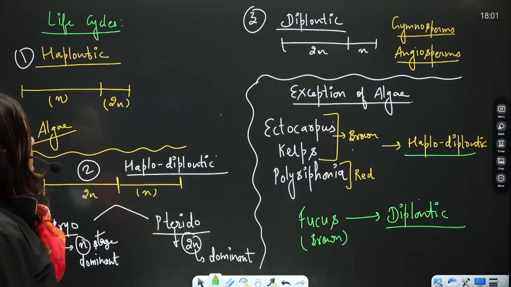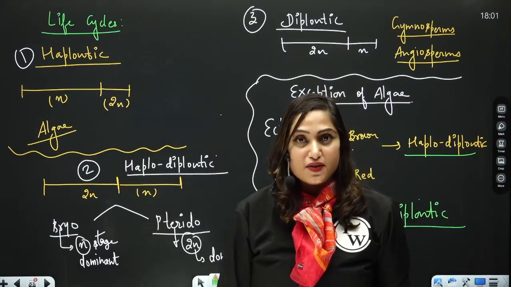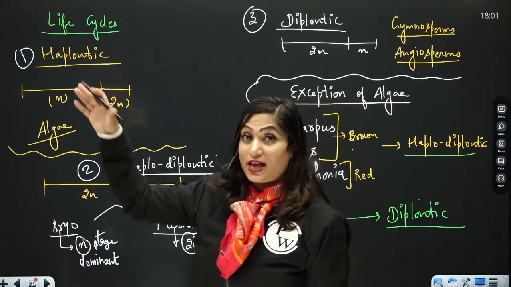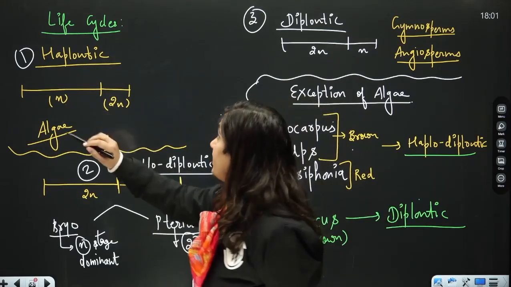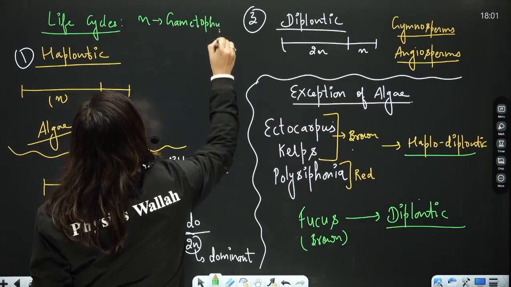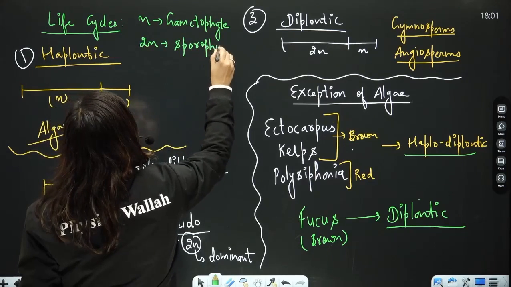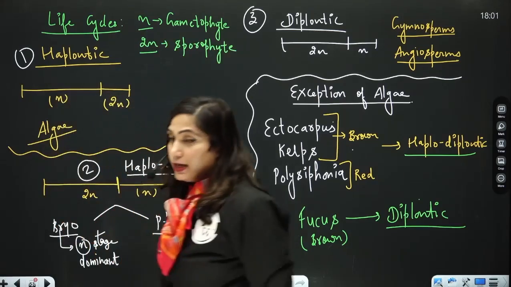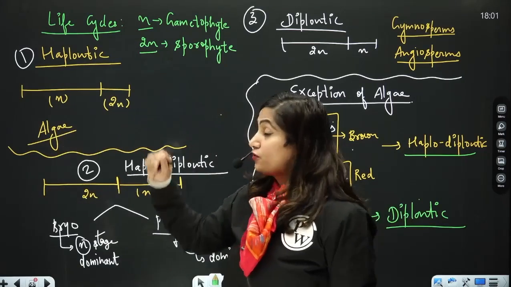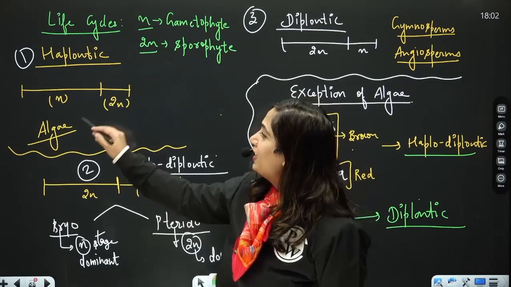Okay. Now let's discuss the life cycles. In the last chapter of NCERT, life cycles are given. 3 types of life cycles are given: haplontic, haplodiplontic, and diplontic. Haplontic life cycle is a cycle in which the gametophytic stage, here N stands for gametophyte and 2N stands for sporophyte, right? So in haplontic life cycle, the gametophytic stage is for longer time and the sporophytic stage is for shorter time, and obviously the dominant phase of life cycle is gametophyte, and this kind of cycle is seen in